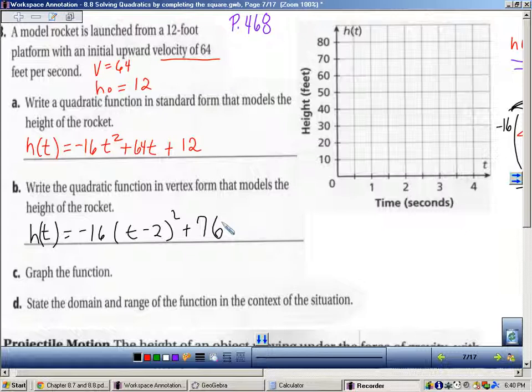So it says graph the function. So I'm going to graph this using GeoGebra. I just want to make sure that we see what's going on. But this vertex